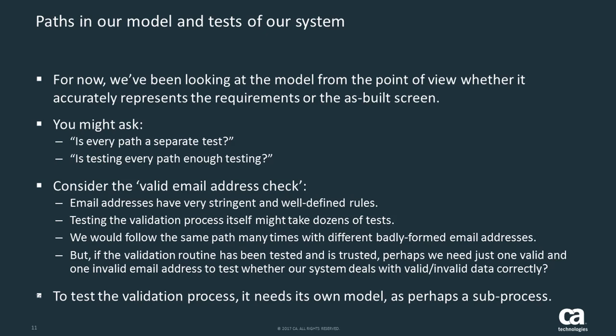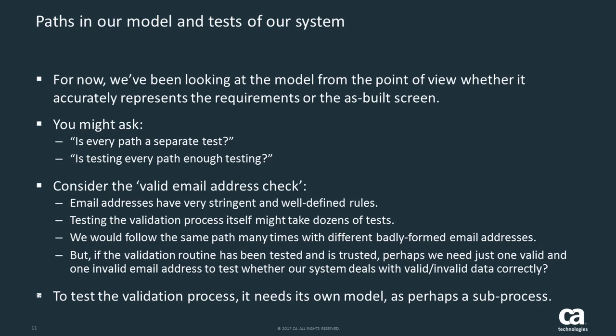Now, testing that validation process might take many, dozens, hundreds of tests. But each time we run one of those tests, we're following actually the same path many times with different badly formed email addresses. So one path, an invalid email address, for example, might require many tests